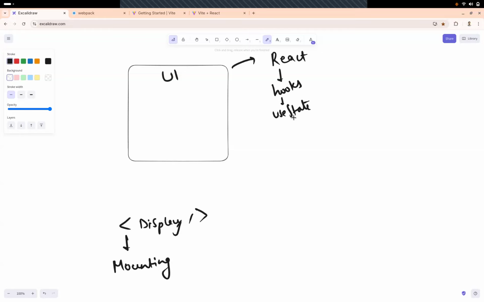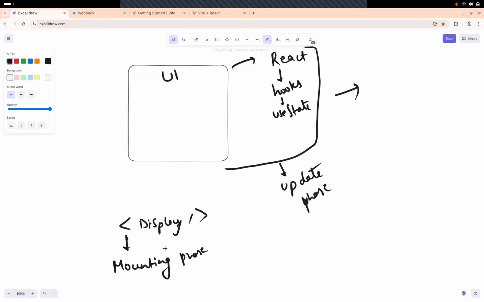Right? All right. Now think about this. This is where mounting happens. When you use useState to update your component in some way, that is your update phase. So this is the mounting phase, this is the update phase, and finally, suppose I have applied conditional rendering, and by that I'm visiting another page.